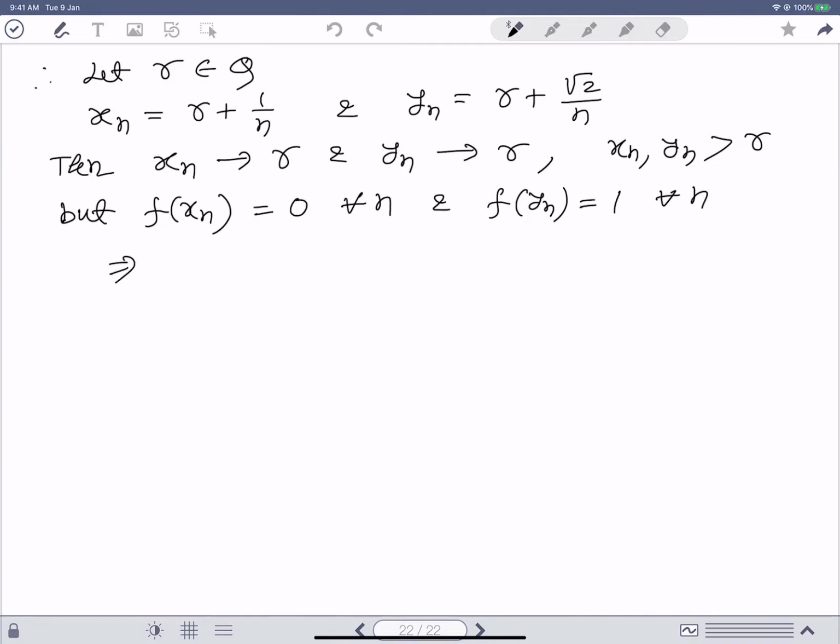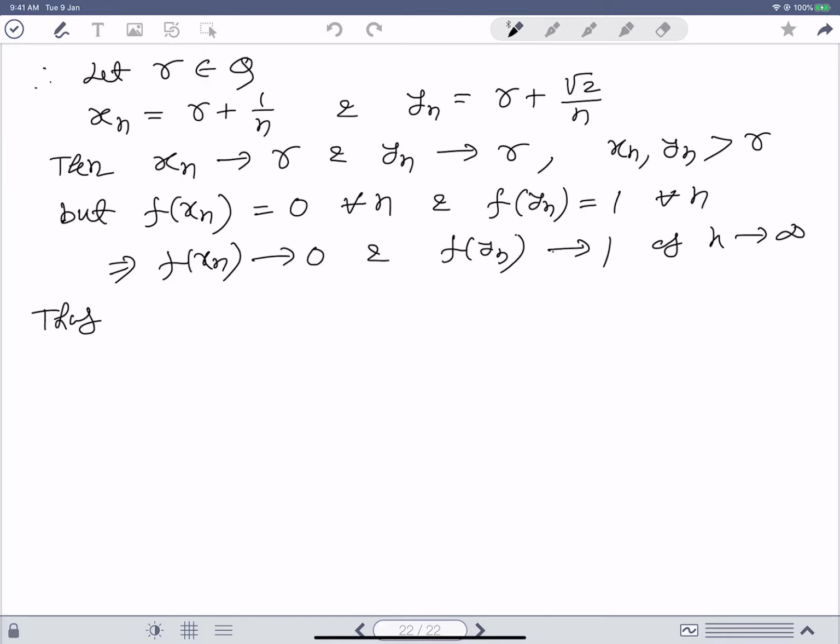So that implies f of x_n converges to 0 and f of y_n converges to 1 as n tending to infinity, right? So thus limit x tending to r plus f of x does not exist,